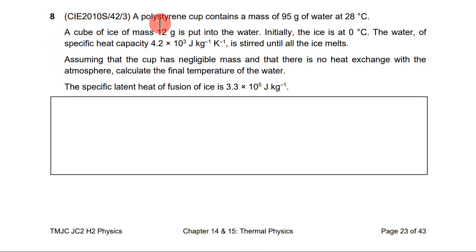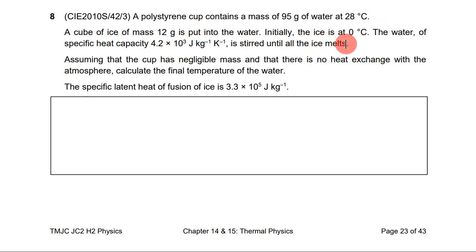Question 8. A polystyrene cup contains a mass of 95 grams of water at 28 degrees Celsius. A cube of ice of mass 12 grams is put into the water. So we have warm water mixing with the cold ice. Initially, the ice is at 0 degrees Celsius, and the water, of this specific heat capacity, is stirred until all